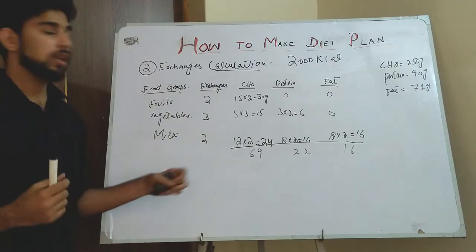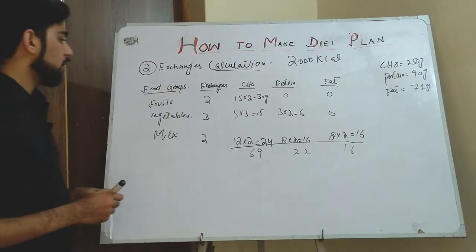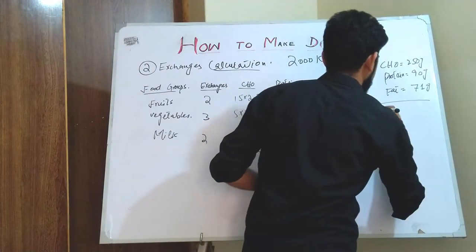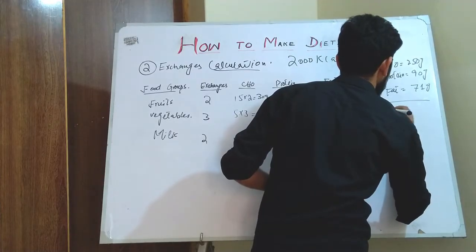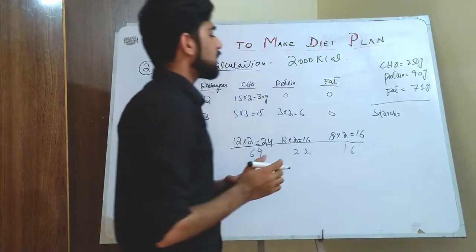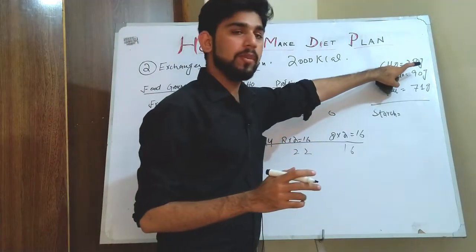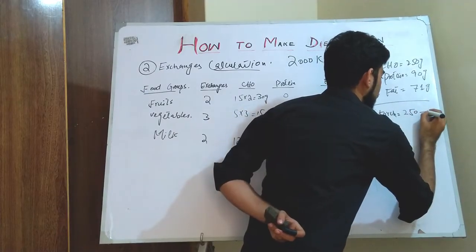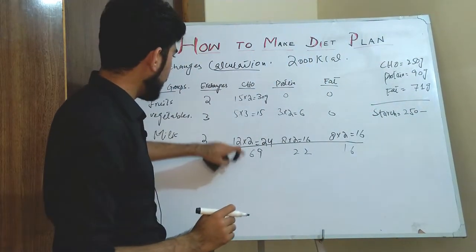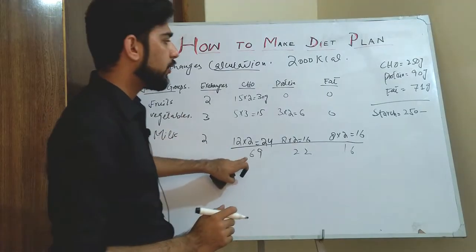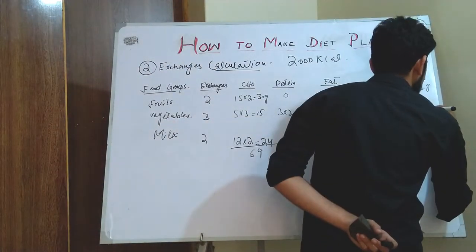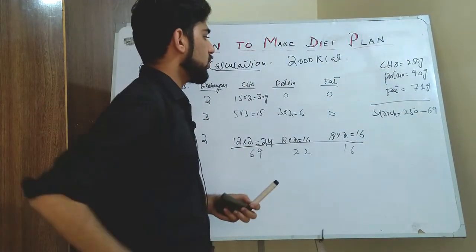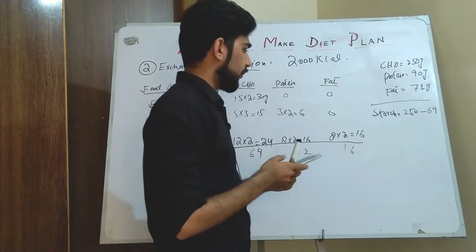Next step, we have to calculate the starch exchanges. And how will we calculate the starch exchanges? Total starch or carbohydrate that we get through AMDR is 250, minus the total carbohydrate that we calculated here, which is 69. We'll subtract 69 from 250, and it will come